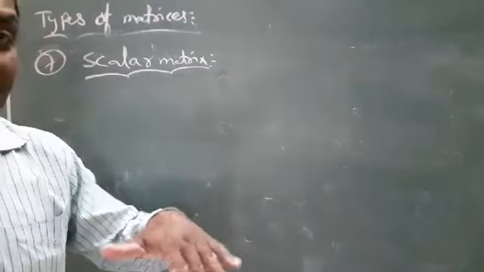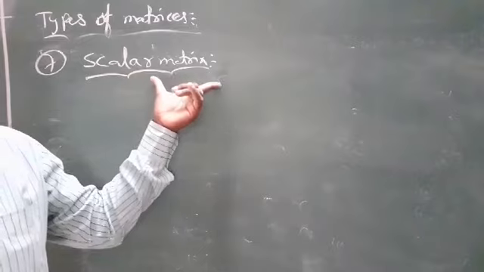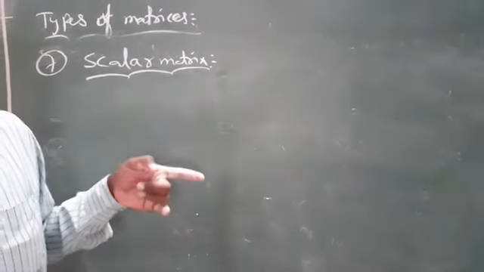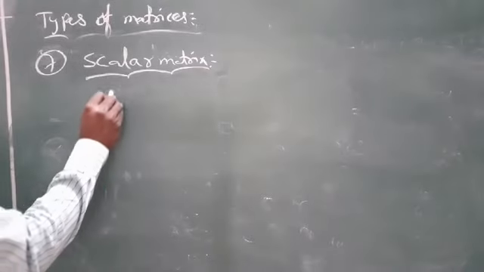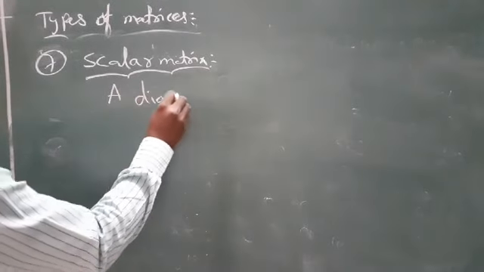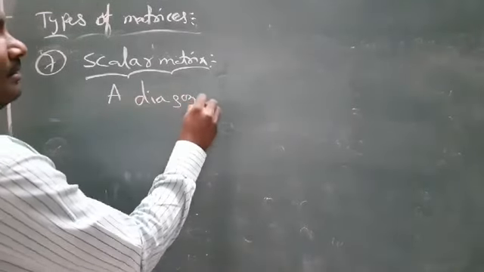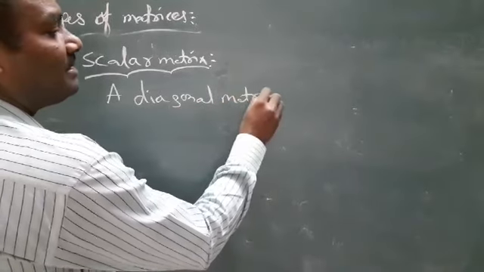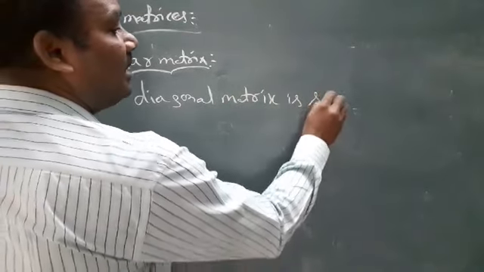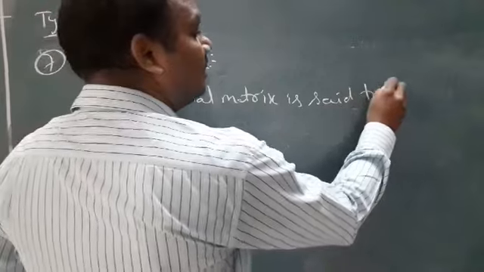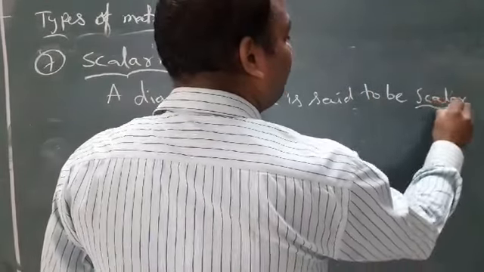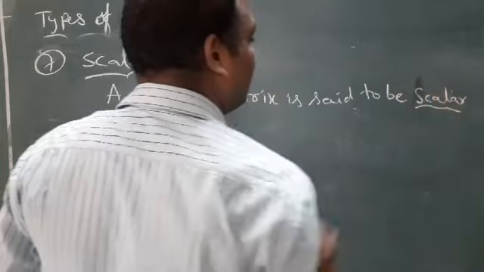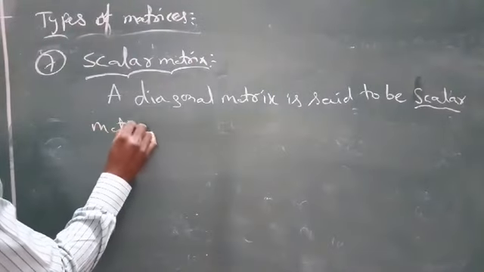Now we are starting the scalar matrix. What is the definition of a scalar matrix? A diagonal matrix is said to be a scalar matrix